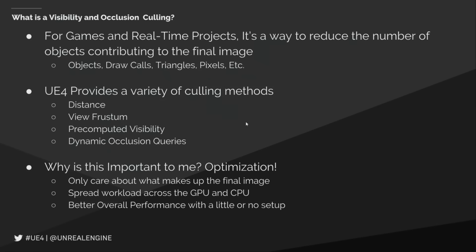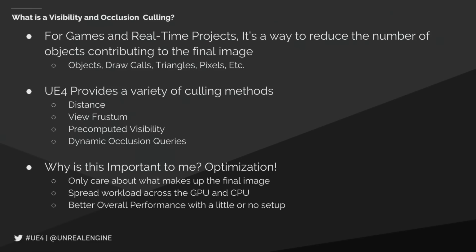So UE4 provides several different culling methods that we have right out of the gate. We have some that are for distance, there's a couple there. We have the ViewFrustum, which is essentially the camera's field of view. We have some precomputed visibility options that are done offline, and then you can use them for mobile devices and things like that. And then we have a multitude of dynamic occlusion query options, which rely more on the CPU or the GPU, depending on the device that you're on. People don't always realize, but you're developing your scene and everything, but optimization is a really important thing, and UE4 does a lot of that stuff out of the gate for you with these two default ones we're going to focus on today.